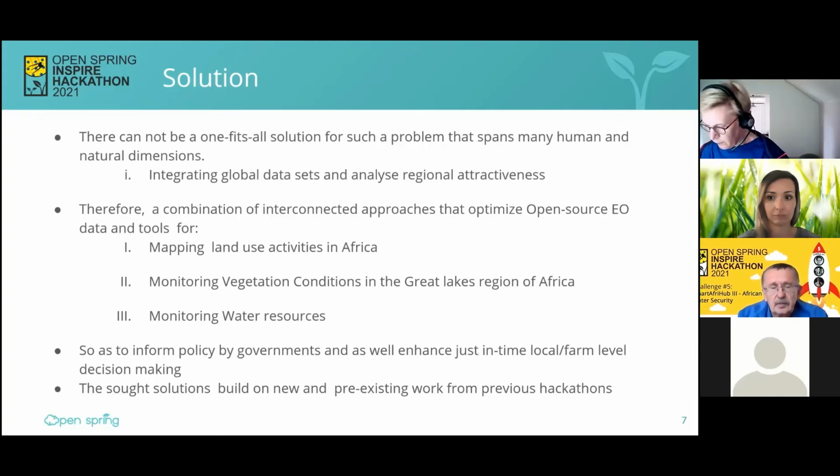It also included monitoring of vegetation conditions, because this helps in informing real-time intervention. What needs to be done, when and at what time, how much water needs to be added when and at what time. And we also intended to monitor water resources, their conditions, their quality, their amount of available water resources, because a combination of these will inform the right decision that is needed by the local farmer or governments in Africa. Karel.